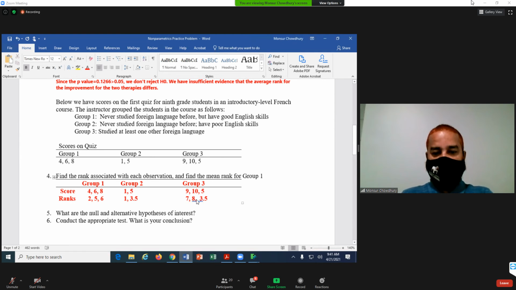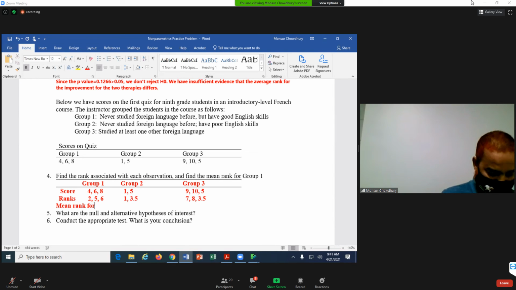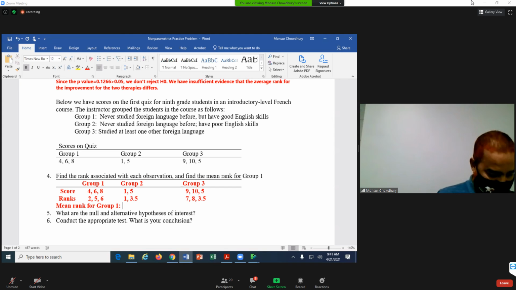Now, the next thing. I ask you the mean rank for group 1. How can you calculate the mean rank for group 1? So 2 plus 5 plus 6 divided by 3.